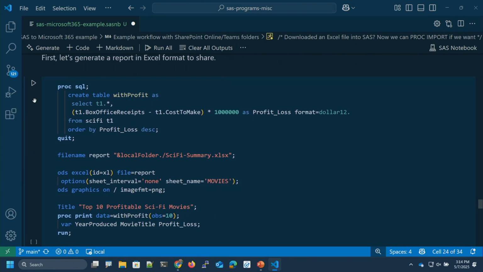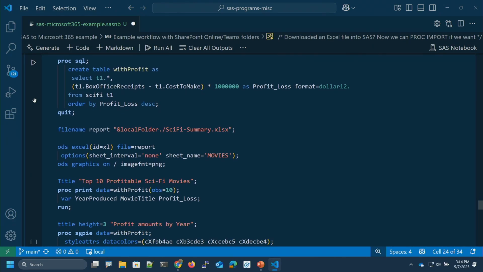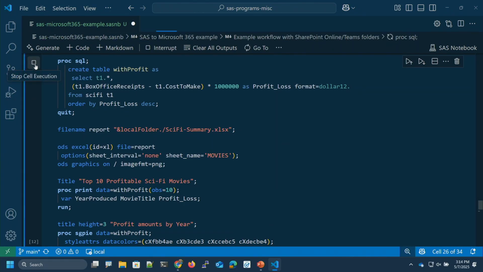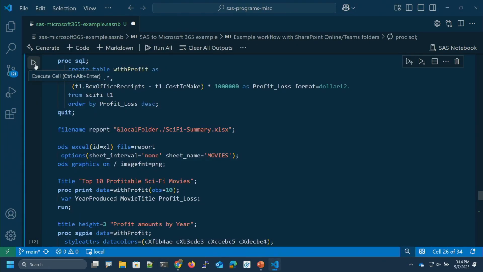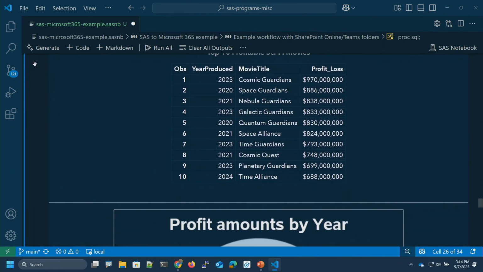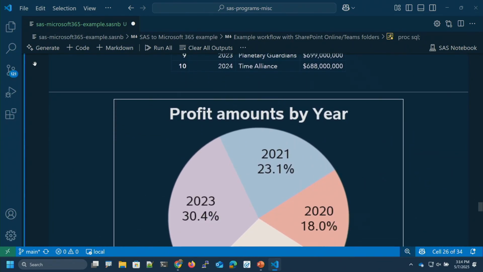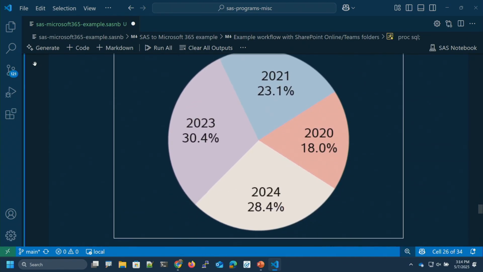And finally, let's go ahead and create something. So I'm going to go ahead and create a report using the data that's in this file I just downloaded. I'm going to run some proc SQL that does some analysis, creates new columns, does a summary, then uses ODS Excel to create a new XLSX file that I'm going to then turn around and upload eventually. So right now you can see in my notebook, here's my result. This is the report I created, but in addition to this HTML view that I'm looking at in the notebook, I also have an XLSX file for it.